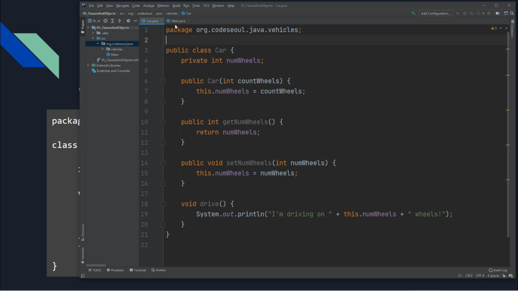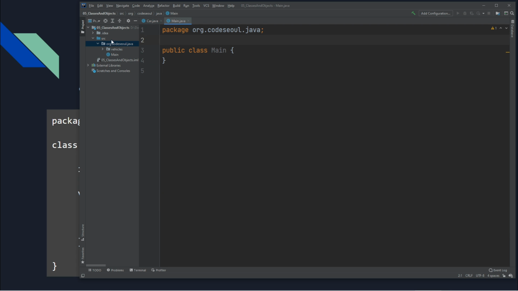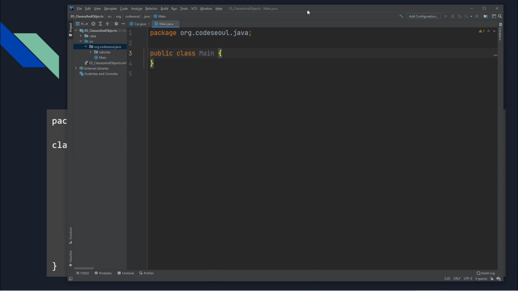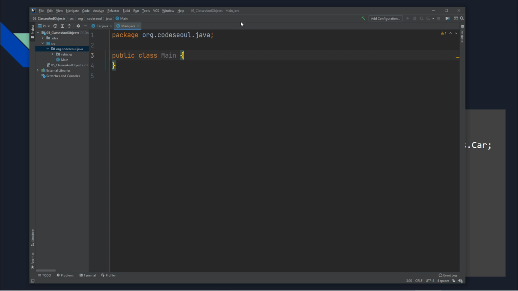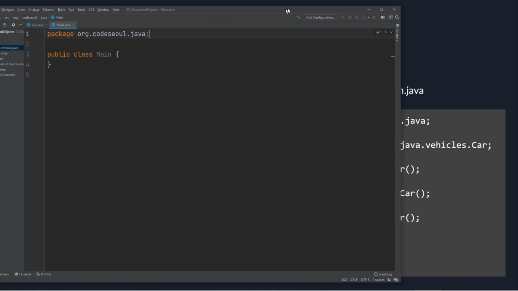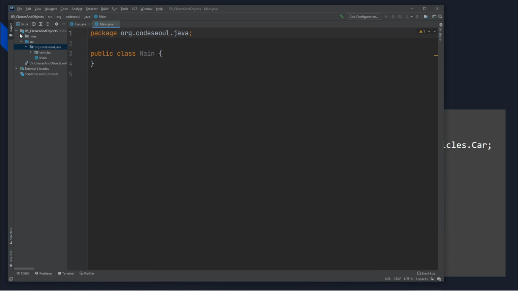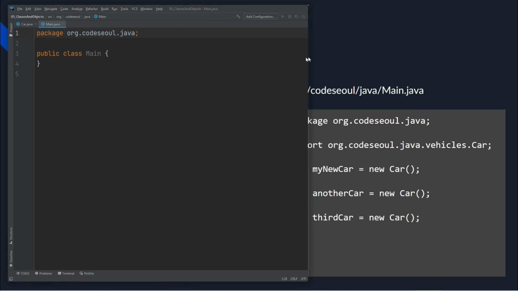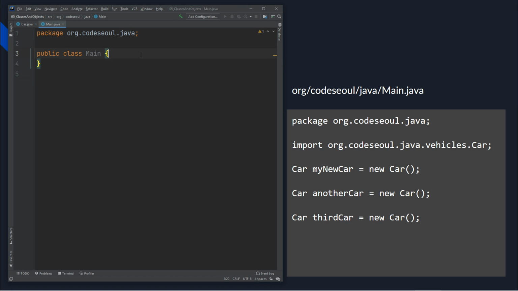All right, so back to it. You should have created your main class, and it should appear under the org.codeseoul.java package. It should look very similar in both IntelliJ and Eclipse. Now, if we look at our example, our example is actually slightly wrong. I apologize. Let me shrink this a little bit. There we go. If we look at our example on the right side of my screen here,